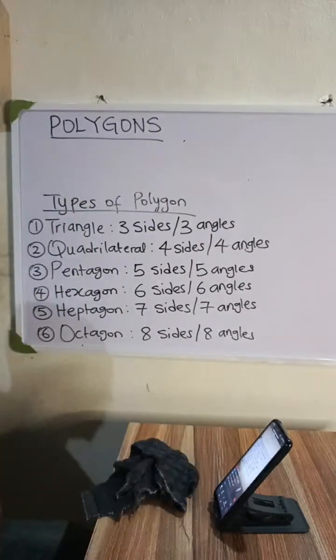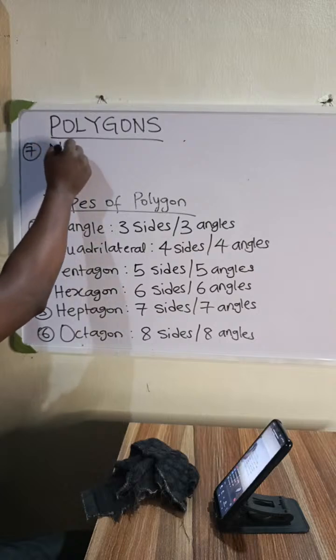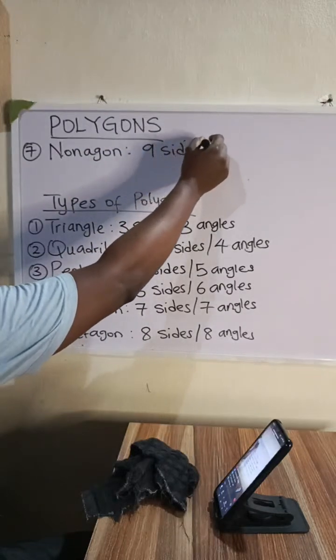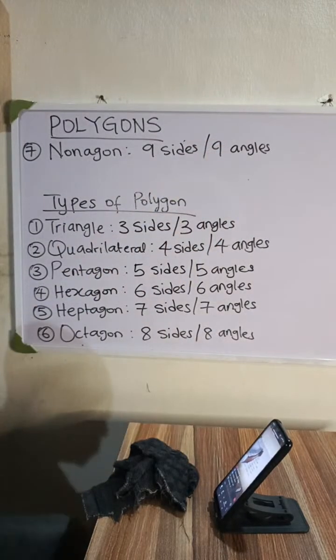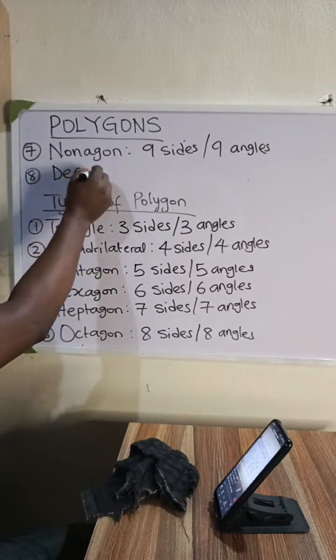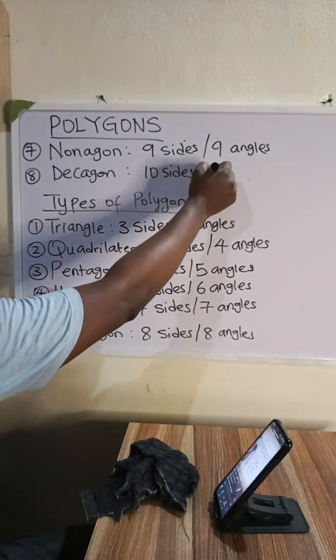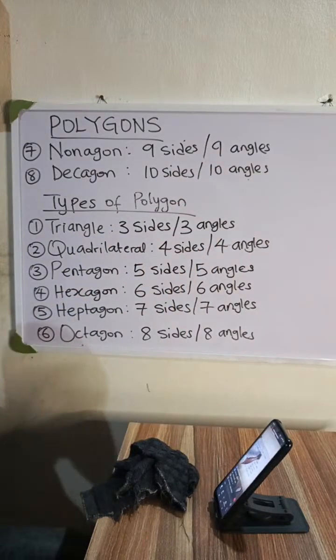The remaining 2 we have are nonagon with 9 sides, 9 angles. Nine sides and 9 angles. And then we have number 8, decagon with 10 sides and 10 angles. Okay, so these are the